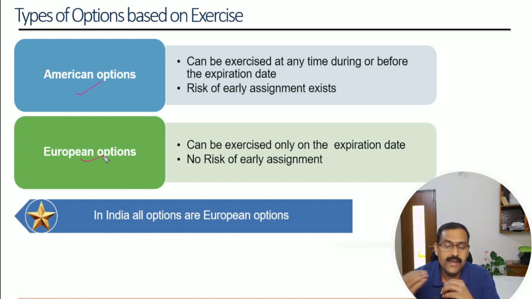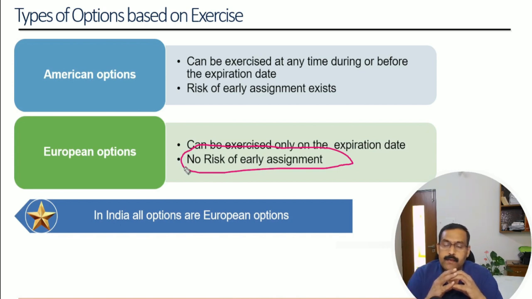So the traders can buy and sell options till the time the options get expired without having to worry about options getting assigned. So all the options in India are the European options, whereas in the US equity market, all the options are American options. In the Indian equity market, there is no risk of early assignment of options. You can always wait till the last day of expiry to decide to take the delivery or receive the delivery, or you can even square off avoiding the physical settlement.